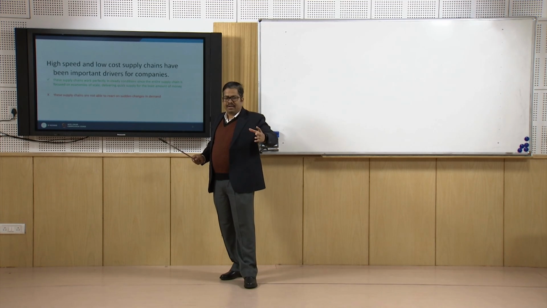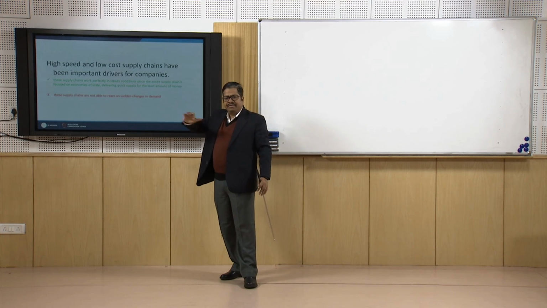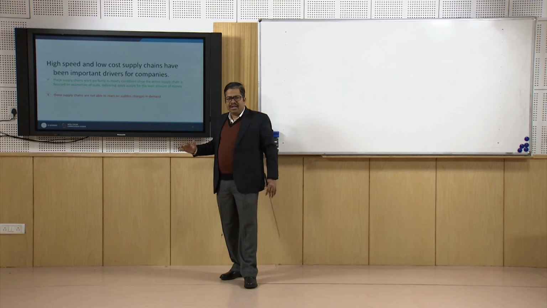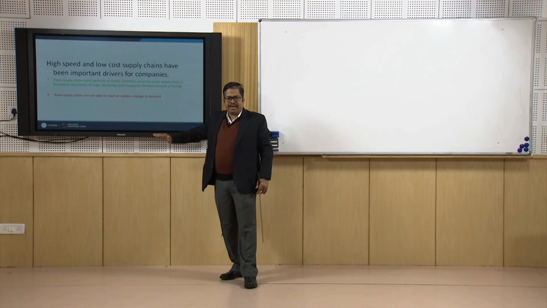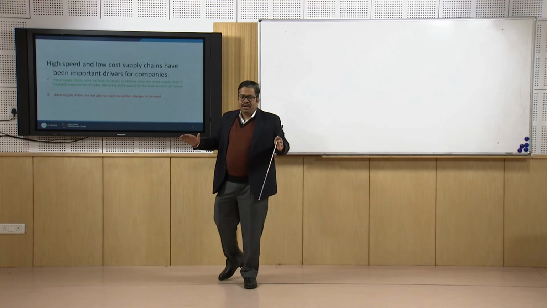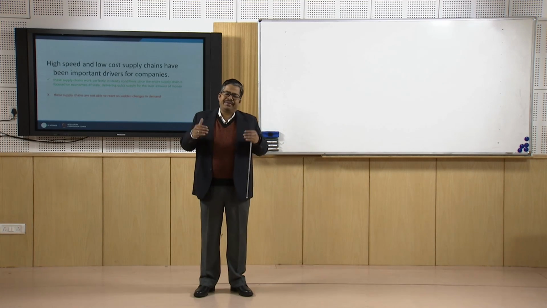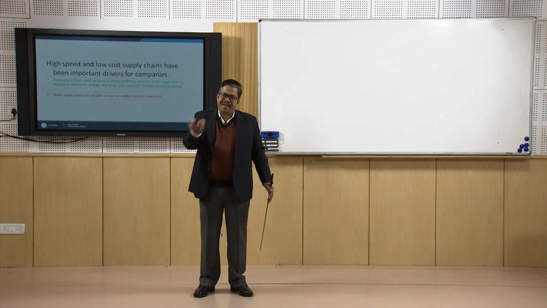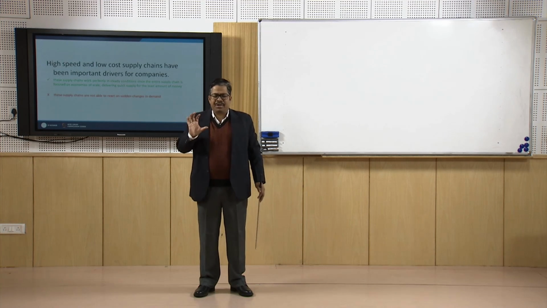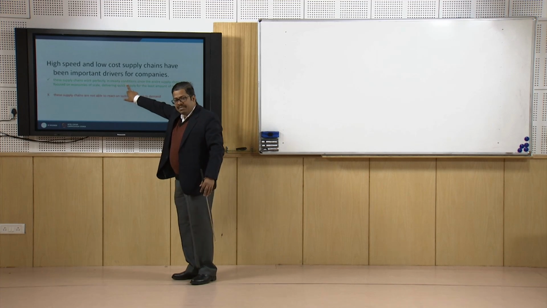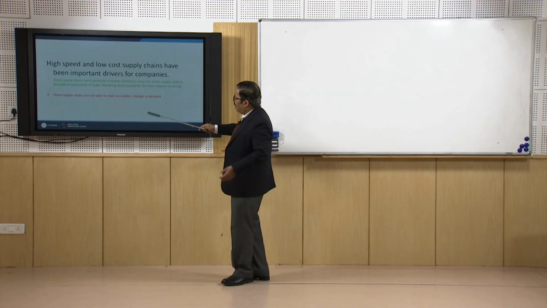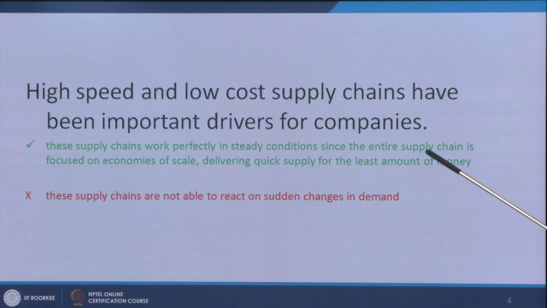Whatever level of demand is there, it is almost constant, or it has a particular type of trend which you can easily model. If there is seasonality in the demand, you can easily model that seasonality. So whatever type of characteristic is there in your demand data, you can easily make a pattern of that characteristic. Whatever the fluctuation in the price, you can already predict those fluctuations, and accordingly you can take the decision. So steady conditions are as per the time at a particular location, and in this case the entire supply